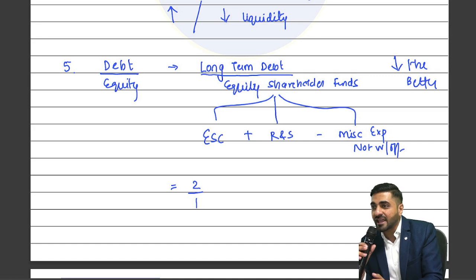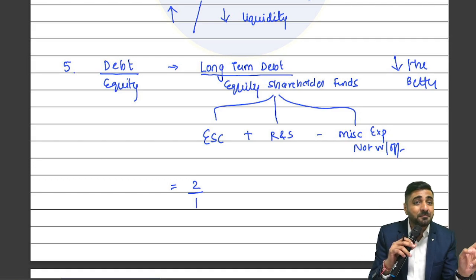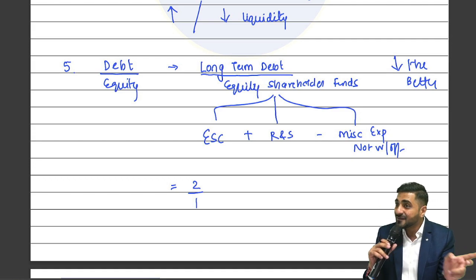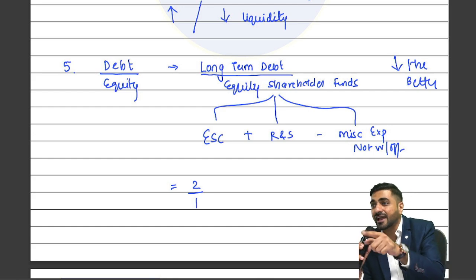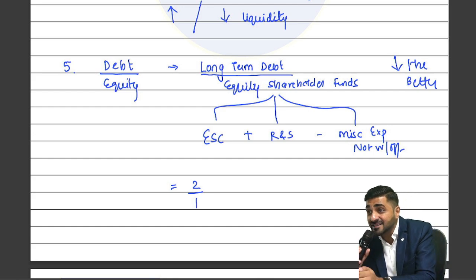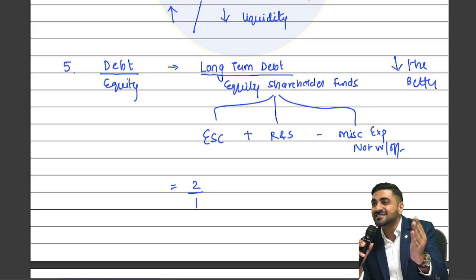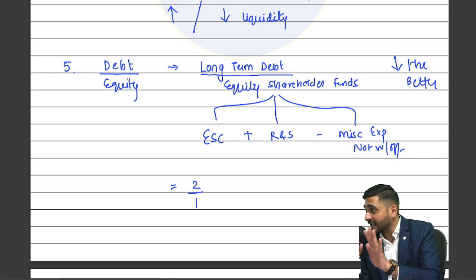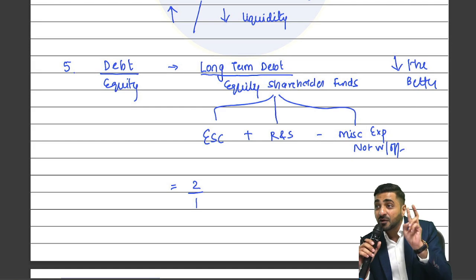So suppose you are taking a loan at the rate of 7% and you are going to earn 15% by way of returns, then is it okay to take a loan in the capital structure? Come on, yes or no? Yes. Why? Because the returns are greater than the cost. But if you are taking a loan, then be within your limits. The limit is what? The standard ratio should be 2:1.